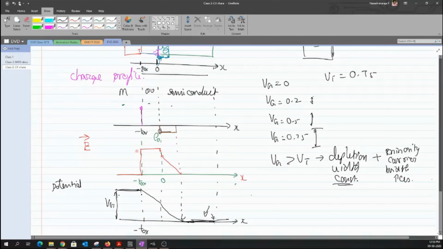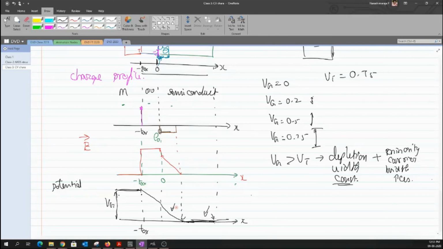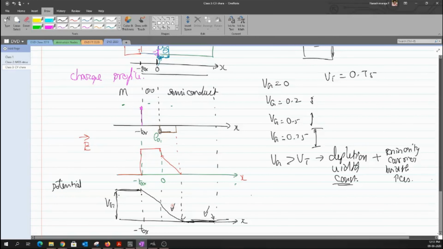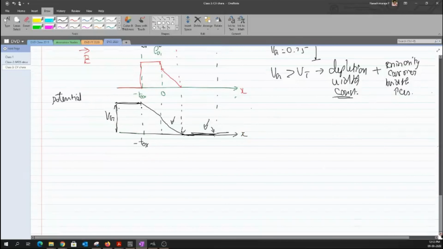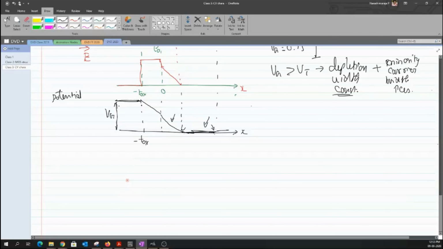So when I have a constant electric field, we have a linear relation with respect to potential. When I have a linear relation in the electric field, it creates a quadratic difference in the potential profile. And it is because of this quadratic potential difference that we will have something in our CV curve. So in order to talk about that CV curve, I'm building all these basics that are required. Clear? So now let me quickly talk about something that's supposed to be discussed before I get into CV.